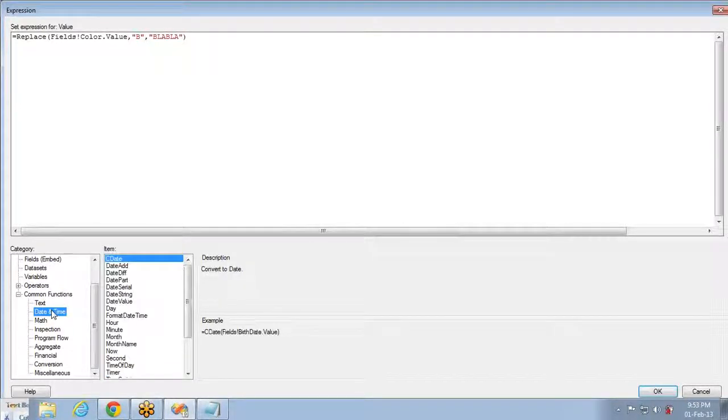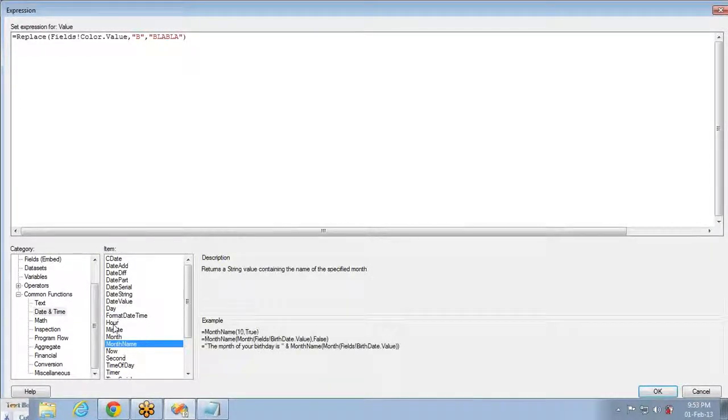In the same way, you have so many functions for date and time. So convert date, you can convert to date. For example, if the values coming from the database are in textual format, then you can use CDate to convert the text into the date format. Once you convert into date format using the CDate function, then you can apply all these date functions on it. Like you can get the day of the date. If it is a string, you cannot get that. If you convert it into date, you can get the day. You can get month, and you can use month name to return the month name if you provide any number.